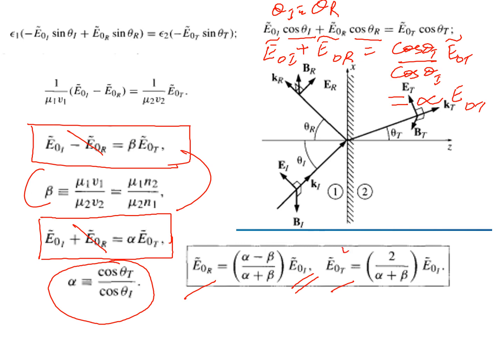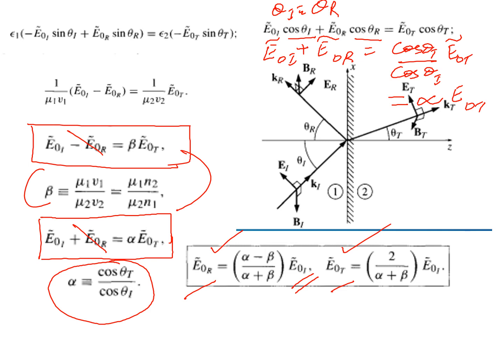So that is why E0t equal to 2 divided by alpha plus beta times E0I. Substitute this in the first equation, you will get E0R equal to alpha minus beta by alpha plus beta times E0I. So we got an expression for the complex amplitudes of the reflected part and the transmitted part of the electric field in terms of the incident